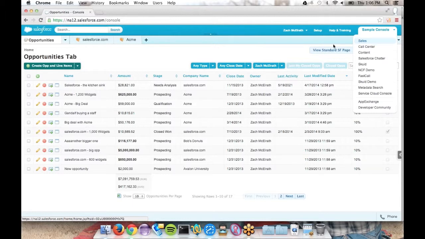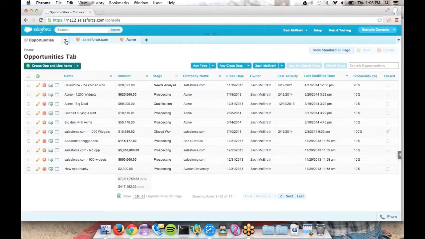But in contrast to the traditional Salesforce tab set view, where the tabs go along the top of your screen, I'll show that in a second just for reference, in the console view they take all of the tabs at the high level and put them into this little menu over here on the top left. So your tabs get taken away from the top of the screen, freeing up some real estate to see particular records along the top. It flips things a little bit. Instead of seeing tabs along the top and always having a particular object's tab highlighted, you see particular records along the top of the screen. For instance, here we're seeing two account records up as tabs along the top.